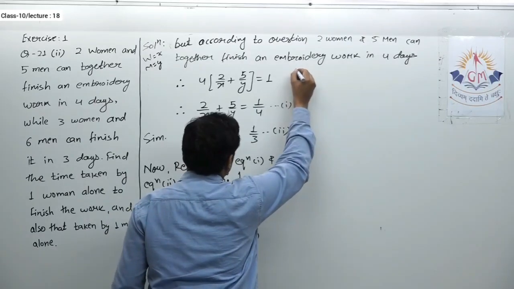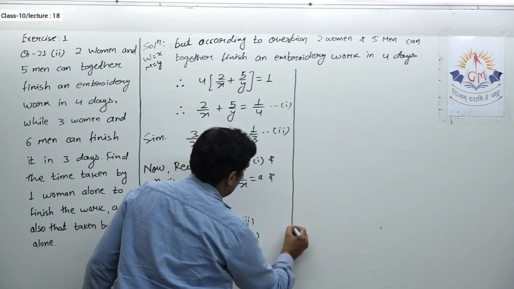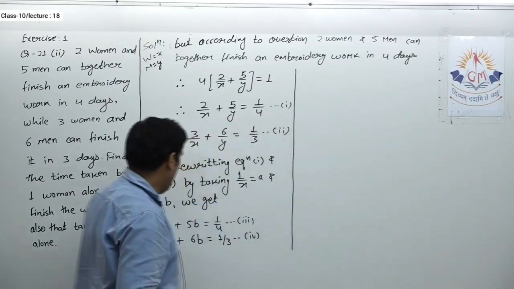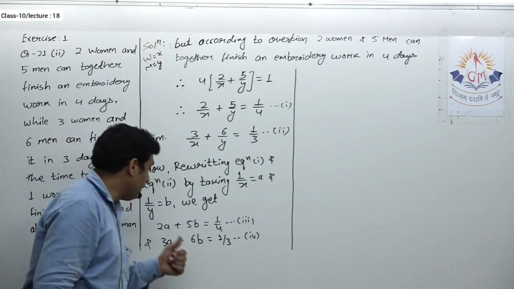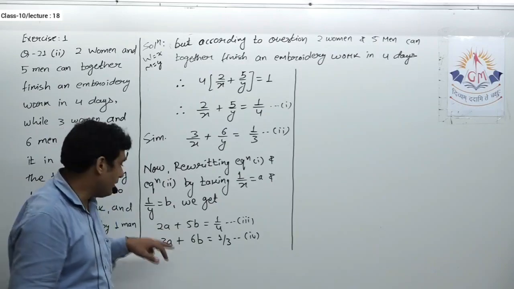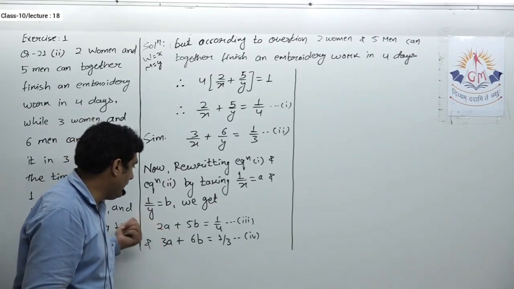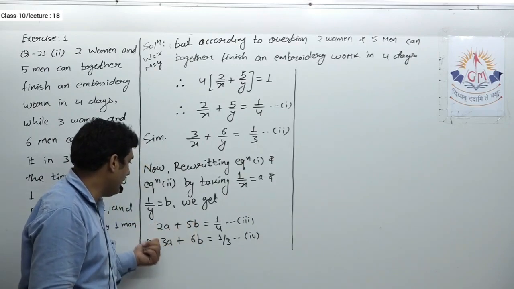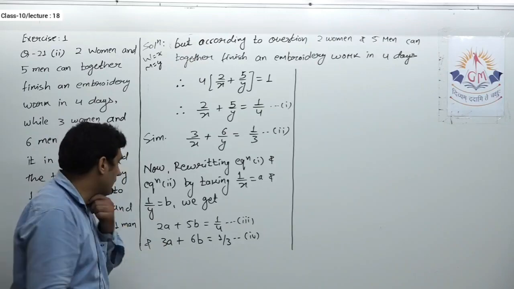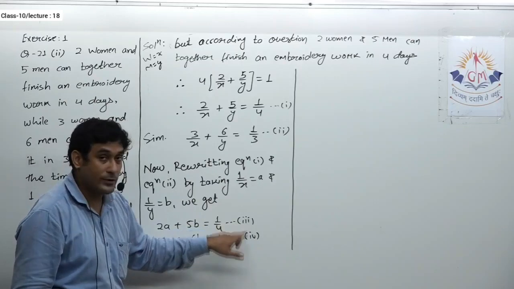Now we'll solve these two equations again using any one of the algebraic methods, that is either cross multiplication method or substitution method or elimination method. So if I want to use elimination method, I need to make the coefficients same. For that, if I want to eliminate A, I need to multiply by 3 over here and over here by 4. So definitely we have to do that. Or if you want to use substitution method, then we have to start from either equation 3 or equation 4.